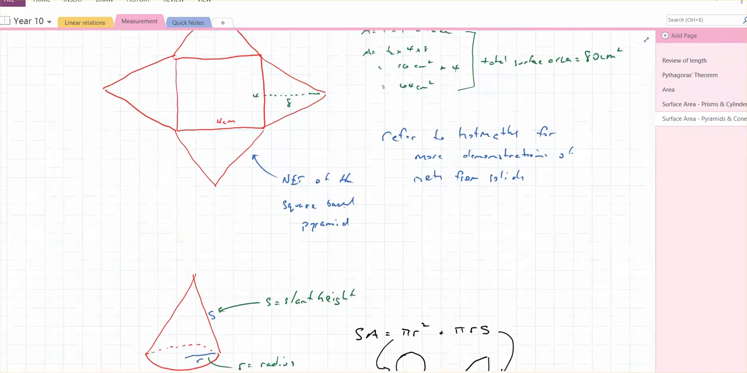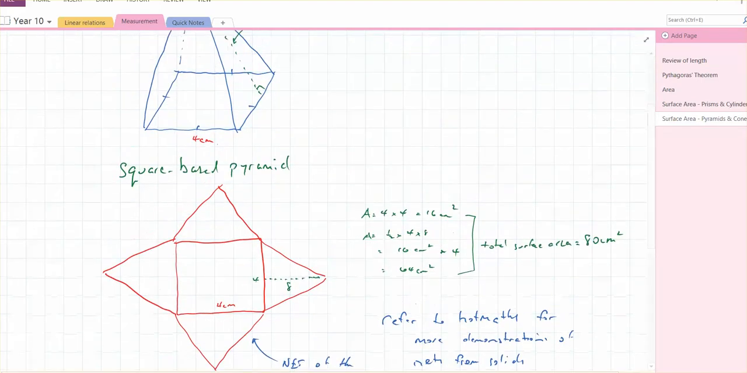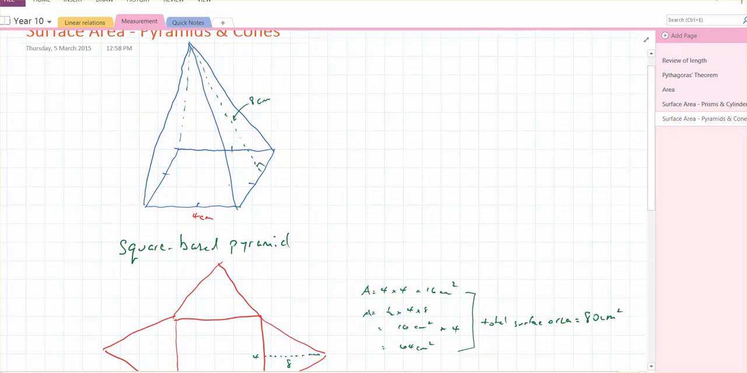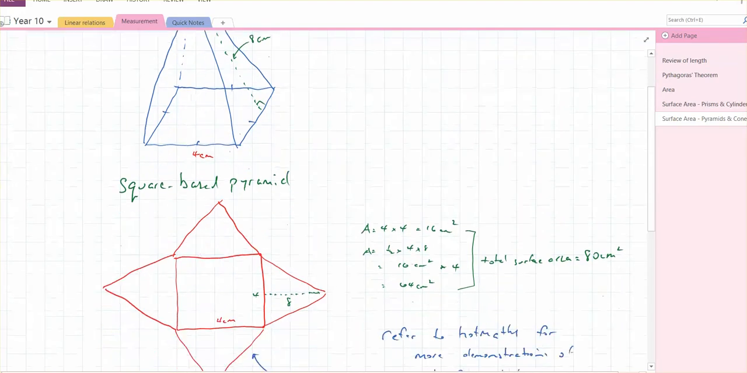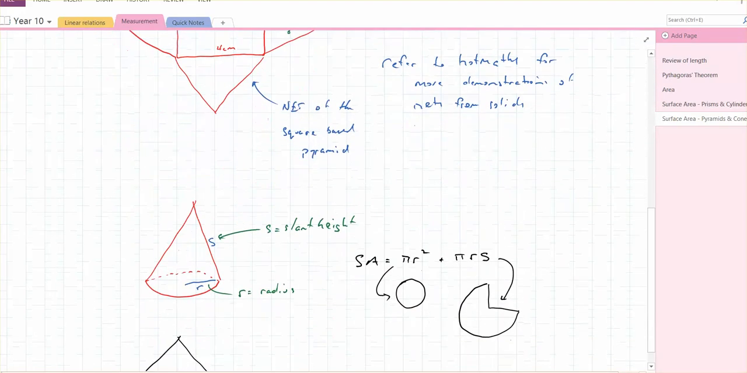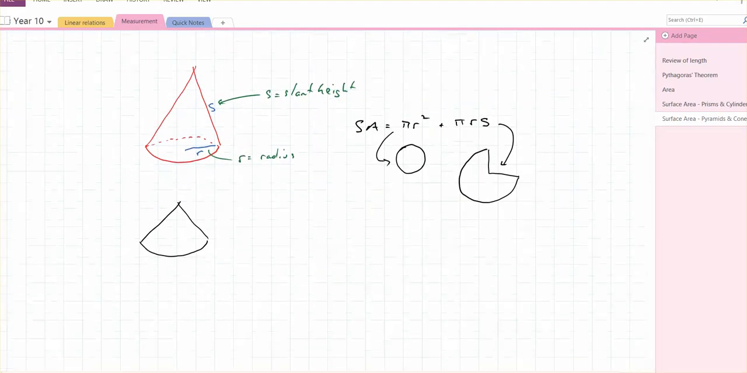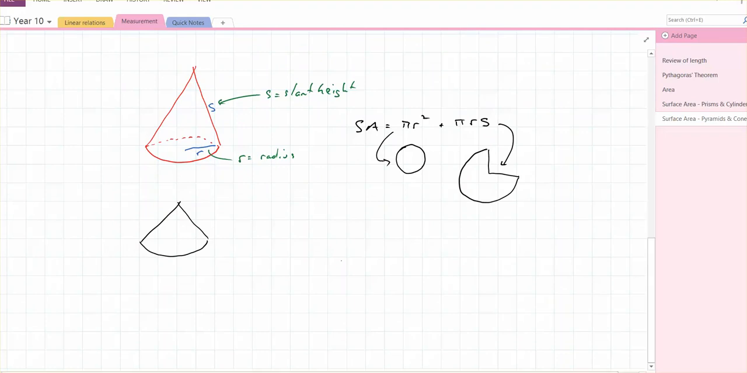The surface area of a pyramid is just the sum of the base plus the triangular sides that make up the pyramid. I'd like now for you to do the work requirements from exercise 6E, and that will be your task for Tuesday's lesson,